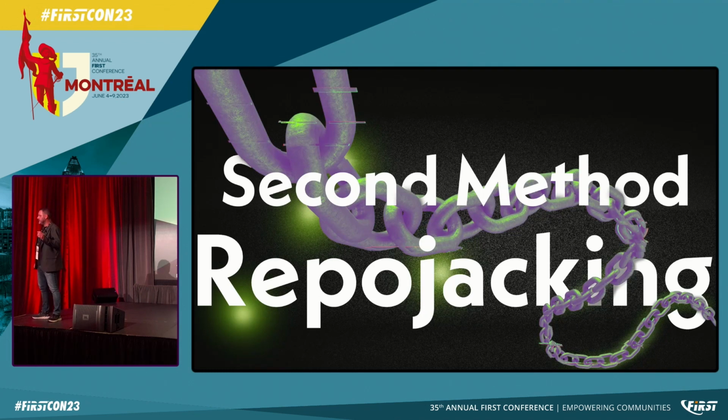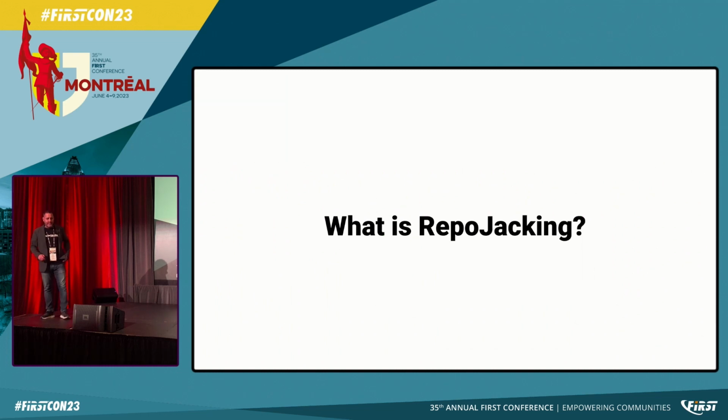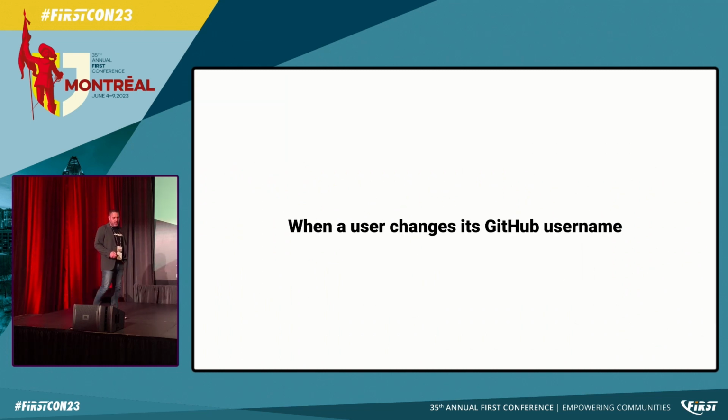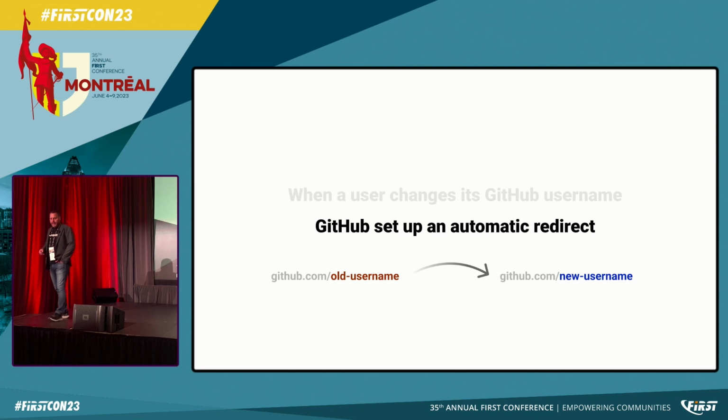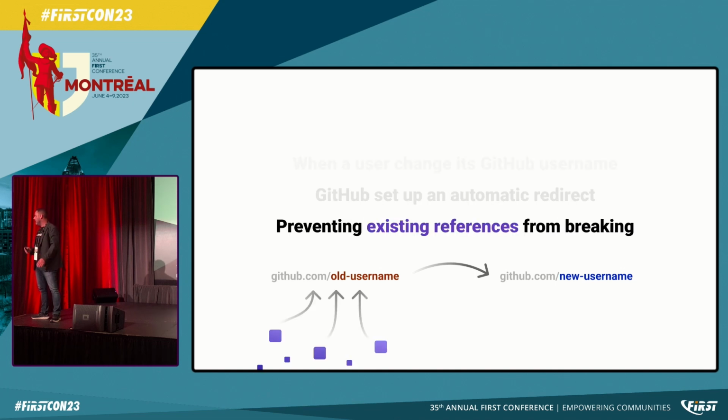Repo jacking is a way for me to take over somebody else's original GitHub repo, where the code is stored. Basically, this technique is available because when a user changes his GitHub username, for example, I was Zack, I want now to use Zack1, GitHub allows you to do that, and actually, if somebody was using the Zack package, it will be automatically redirected to the Zack1 package. So GitHub actually helps you with that, and it provides what we call an automatic redirect. So that's cool. Everybody was using Zack. Zack moved, nothing broke. Until